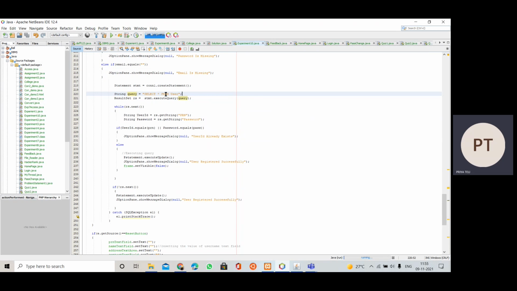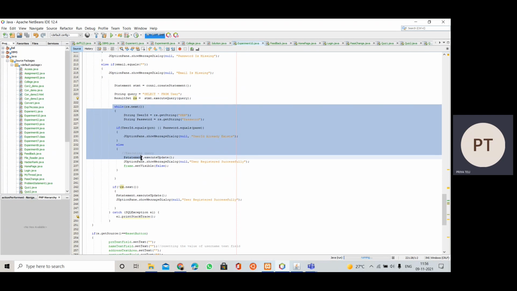What we are going to do is see whether the particular user is registered before, or else it is a new user. So for that we have to search into the user table, whether this user id exists before. Then we have this result set object rs. We call the execute query method on the statement object, and we pass the query as an argument, and the results returned are taken into this result set object.